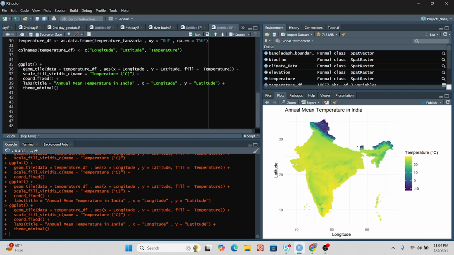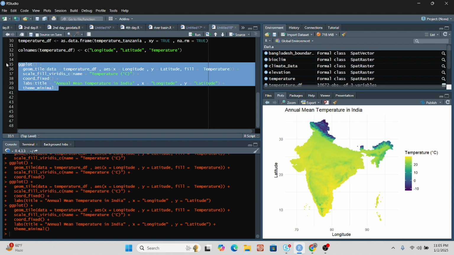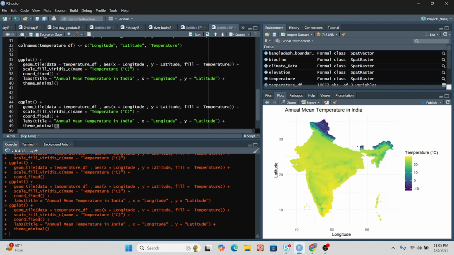So how can I do it? For doing this, we are using the same code, because all of those are the same. We try to put it here. So okay, let me copy the same code, then I simply change it. Just copy and paste, because we don't need to write the code again. So in this case, geom plus geom tile. So it's the same temperature df. Then we define the x and y and fill with temperature, plus after that we need to mention